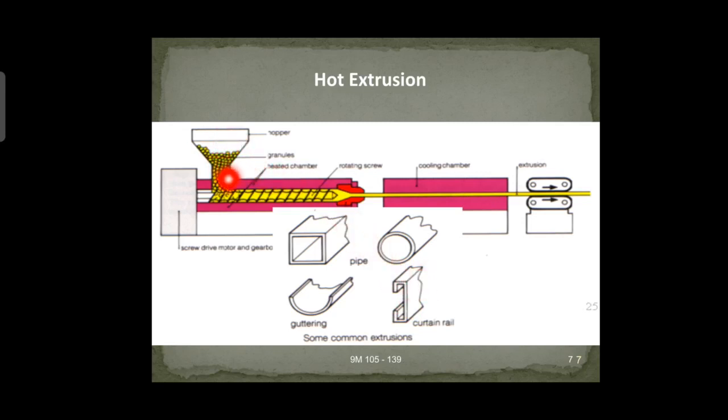The metal may be produced in the form of granules, or a hot billet is directly placed over here. You can see one end, the long length rods, coming outside through this extruded part. You can take this principle. After that, you can see the rod coming outside through this. It is moved into the cooling chamber to cool the extruded part, and along with the belt conveyor it is carried to the next process.